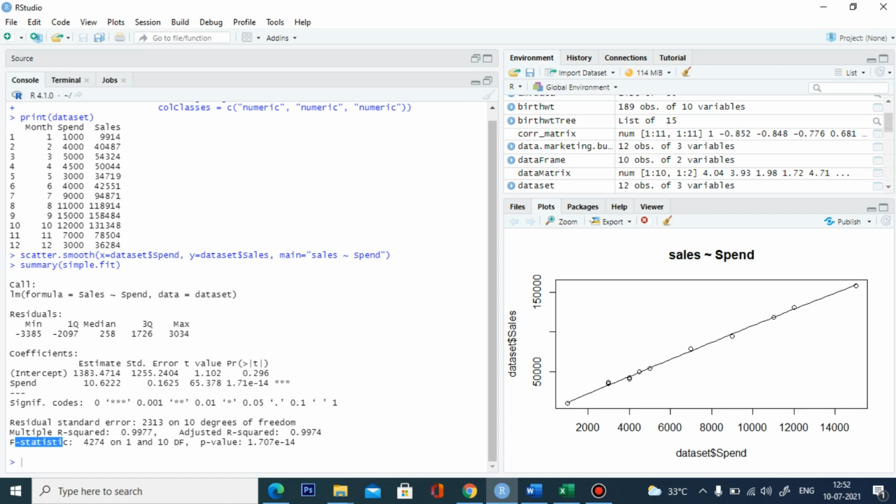The second one is multiple R squared. This varies between 0 to 1. If the value is 0, then it does not explain much variability in the model.